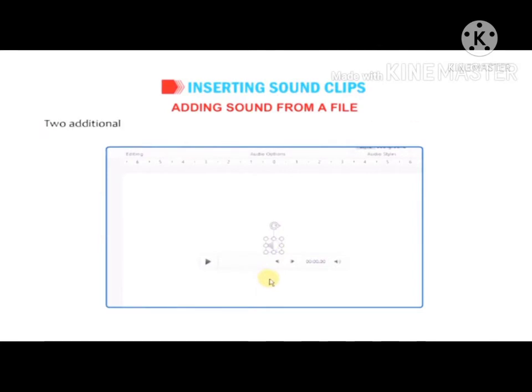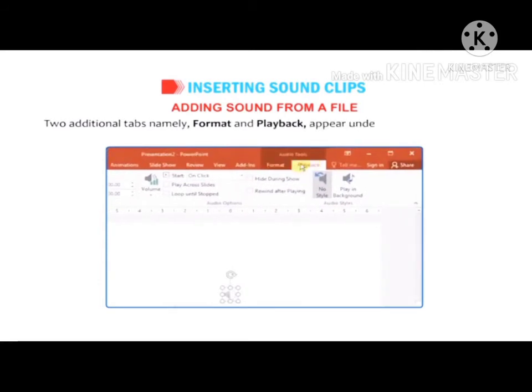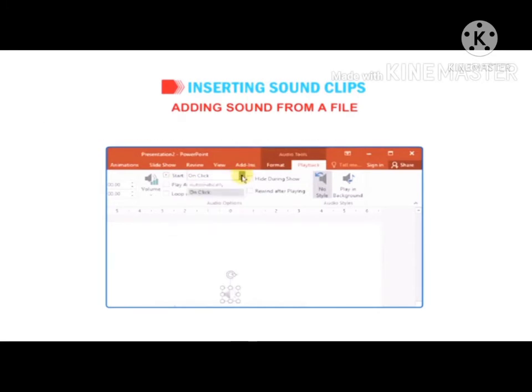Two additional tabs, namely Format and Playback, appear under the Audio Tools tab on the ribbon. On the Playback tab in the Audio Options group, select either Automatically or On Click option from the drop-down list of the Start field.